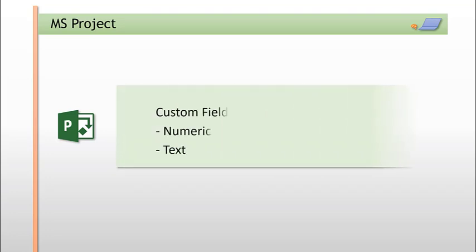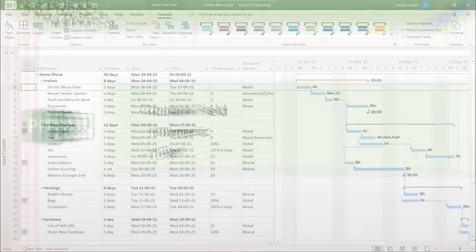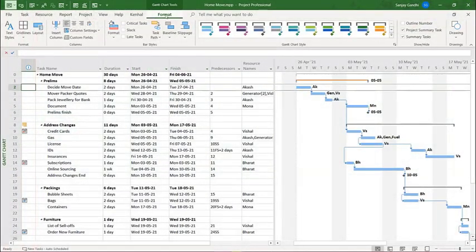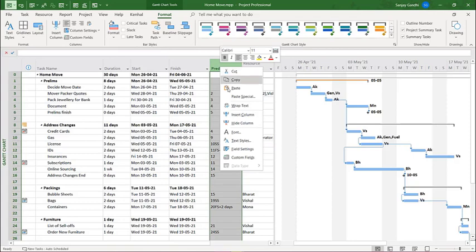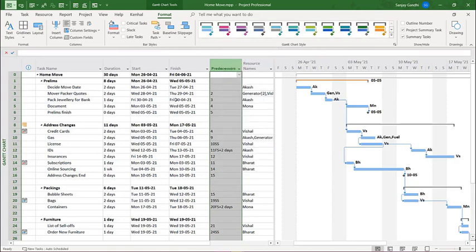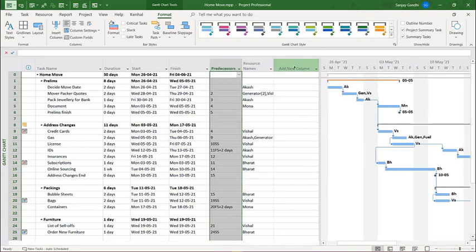Hi, what is the custom field in MS Project? Option for custom field is available in the Format tab over here. Additionally, if we go to the right click option over here, we can see the custom field here as well. Before we move into that, we can notice that when we try to include another column over here, we get